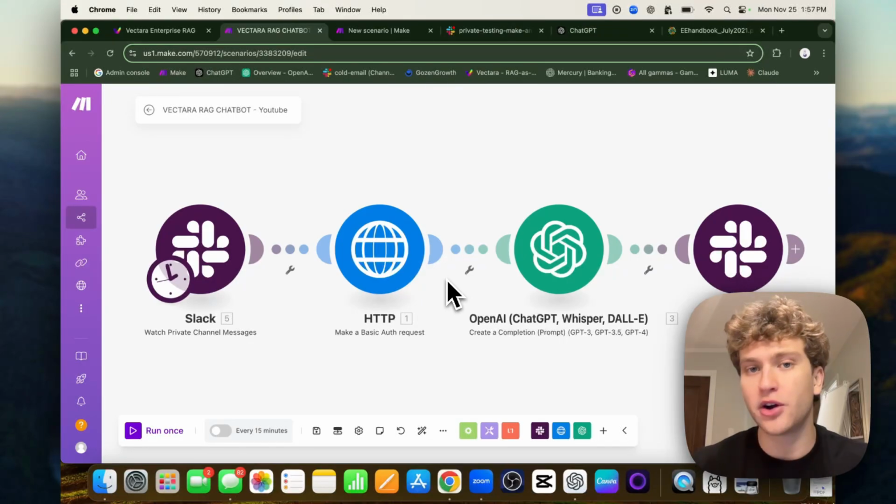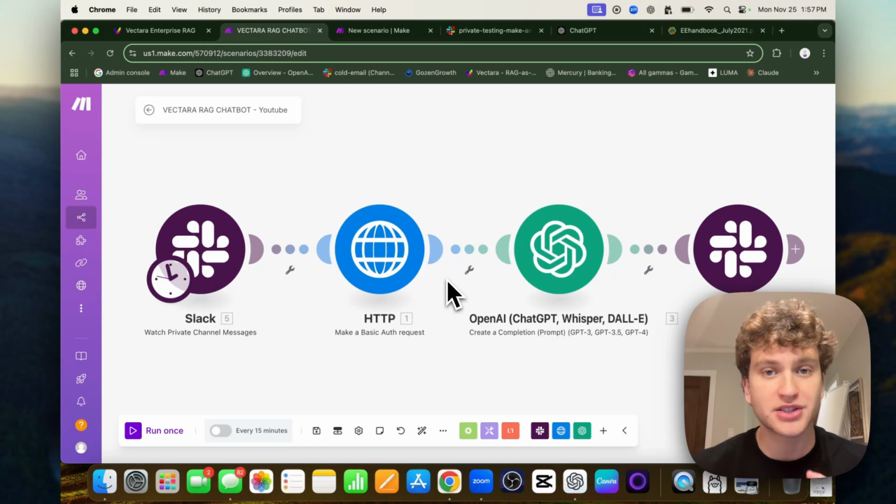In today's video, we're going to be going over how you can build a Retrieval-Augmented Generation chatbot, also known as a RAG chatbot, within Make.com, either for your business or for another business, which you can sell for upwards of $10,000. And trust me, I know that number sounds ridiculous, but I'm going to explain to you exactly why that's